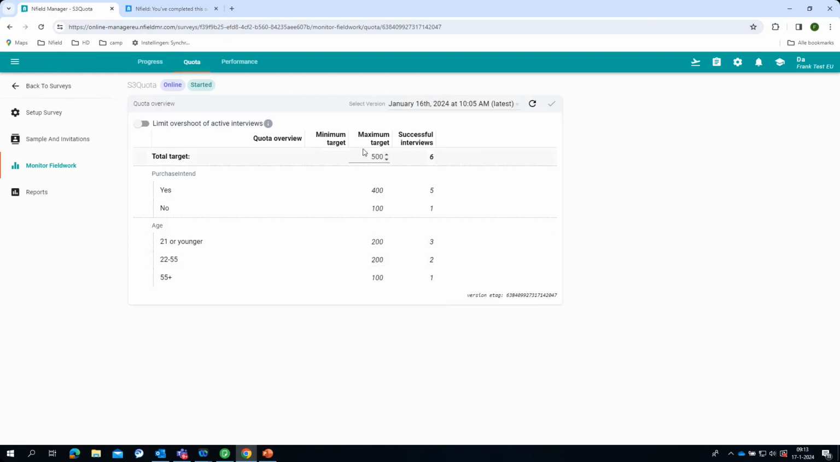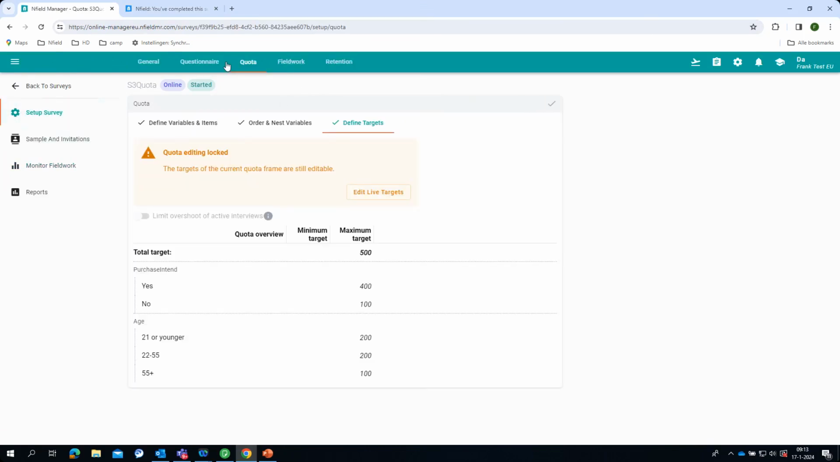Even if you then use the option in the quota settings to limit the overshoot of active interviews, which basically means that active interviews, or at least a limited amount of those active interviews, are already counted as successful interviews, even then that quota count is only really raised at the end of the interview. And if these interviews are never finalized, they will become dropped outs too. And at that moment, they will no longer be counted in the quota either. Okay,